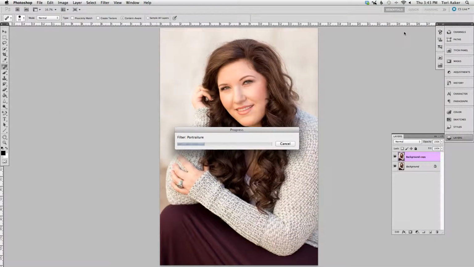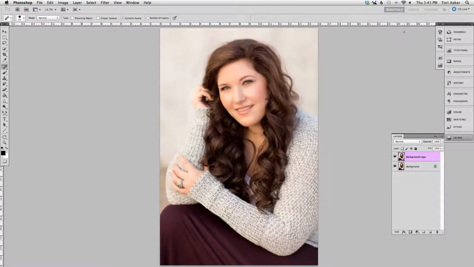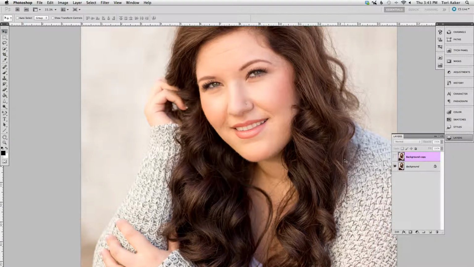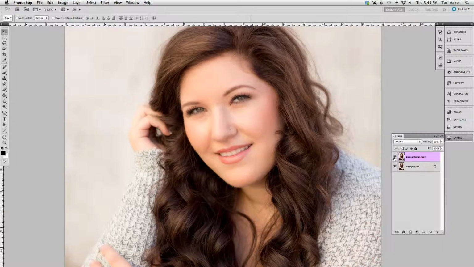It'll do its thing. Let it work. Then you'll see on your background copy, it has done that. If you turn off the background copy, you'll see your original picture that you've been working with. So it does a really great job at skin smoothing, and girls honestly just love it when they have smooth skin like this. So I don't want her eyes smooth, so I'm going to make a layer mask over that